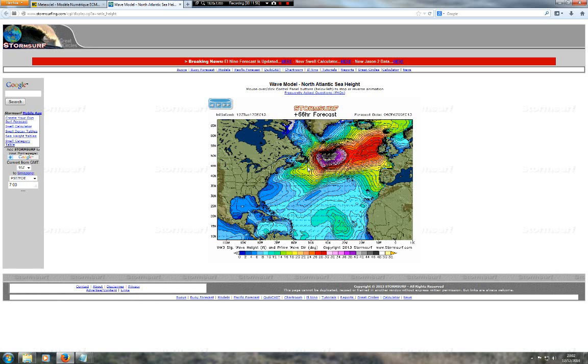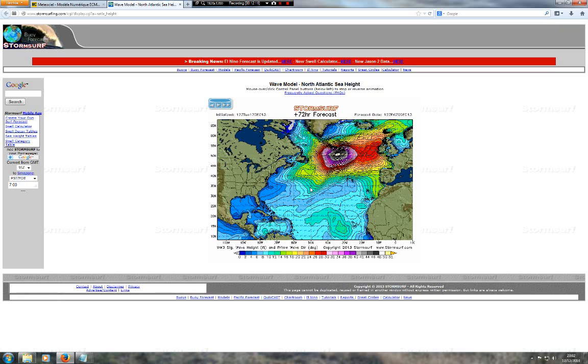And at this point, even the red areas are indicating 26 to 30 foot waves, and there's a big expanse of them in the Atlantic, right across the Atlantic pretty much at this point. Big waves. Then you got the 72-hour chart. And so in addition to the dark grey, now there's some white showing up in here. So this is even bigger waves. The white area is 48 to 50 foot waves